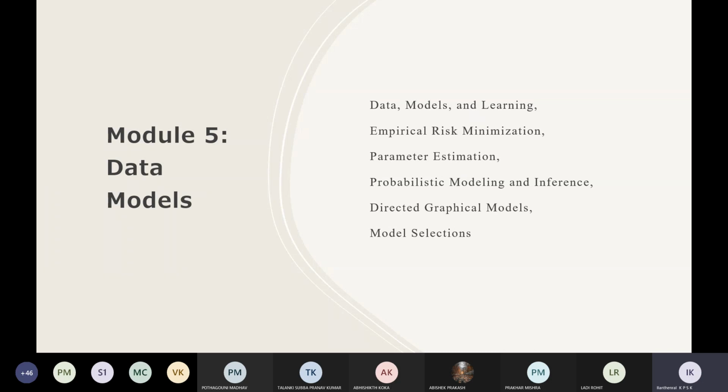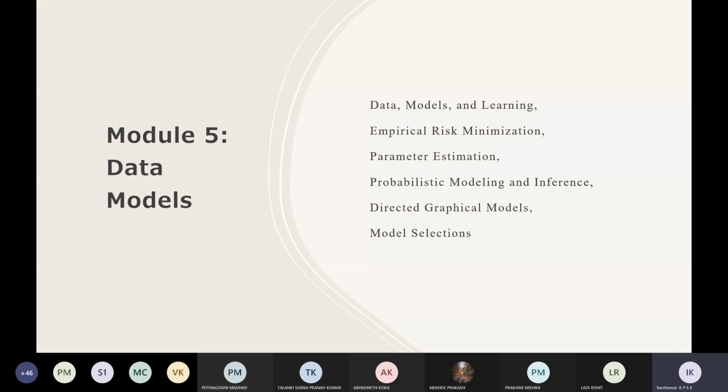Whatever you cover from module 1 to module 4 is the mathematical basis that is necessary for you to understand how you will look at data as a model. Okay, so that's one point. The next thing we are starting is how will we model our data? Once we have numeric data in our hand, how will we model it?